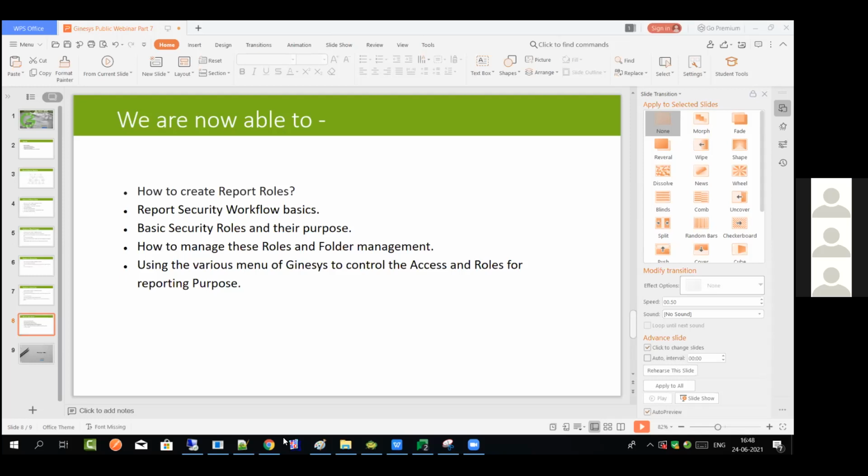So Mr. Sujit Swain, let's say you have one report you want to make inaccessible for a particular user or a particular role. Then you will have to create multiple folders. Let's say report 1 you want to lock, and reports 2 and 3 you don't want to lock. We'll have to create two folders. The first folder you keep locked, and the next two folders you keep unlocked. So through folder management you are able to do it. You cannot do it through a particular file or report. There's no file system here, just a particular report that you have to manage. I hope that answers your first question, Mr. Sujit Swain.